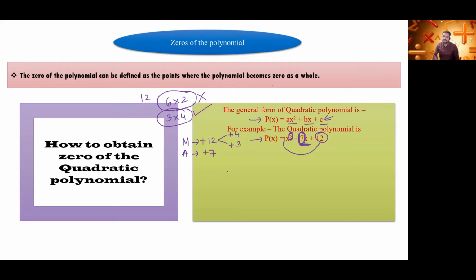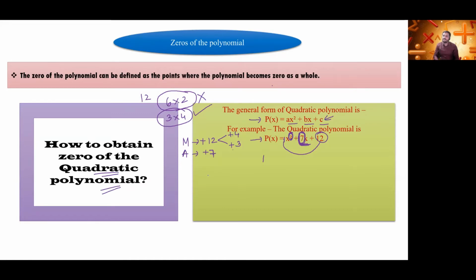Is it clear to everyone? When we do n number of questions of splitting the middle term, it becomes more clear. You just understand the procedure, the steps, how we are moving towards the answer. Now, as it is a quadratic polynomial, I told you yesterday also